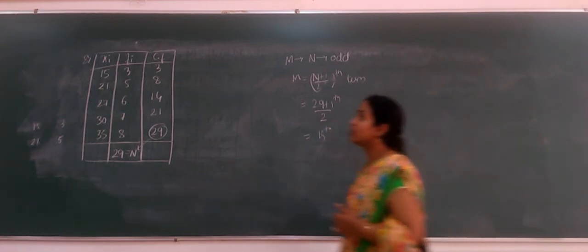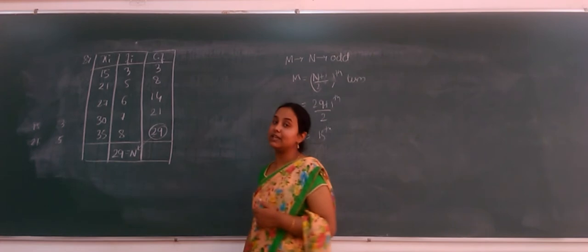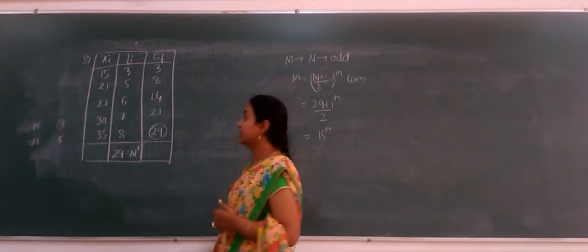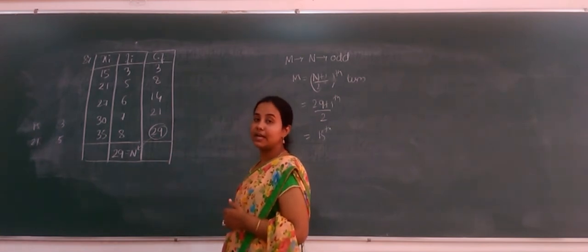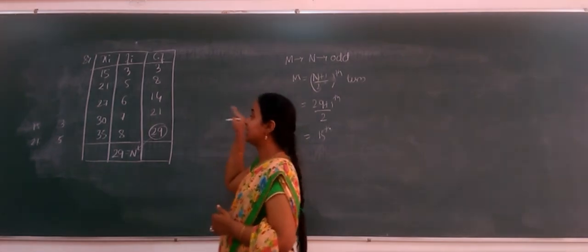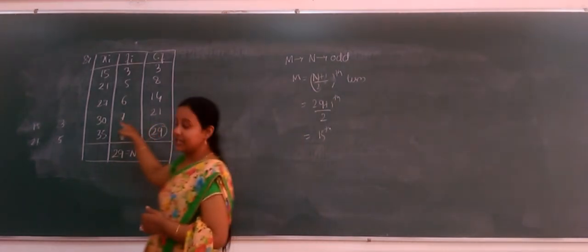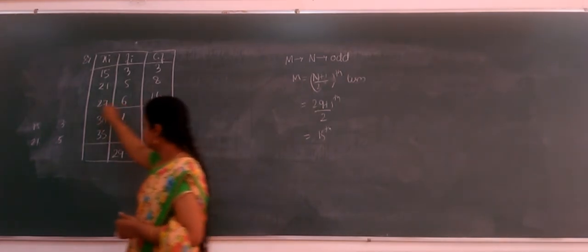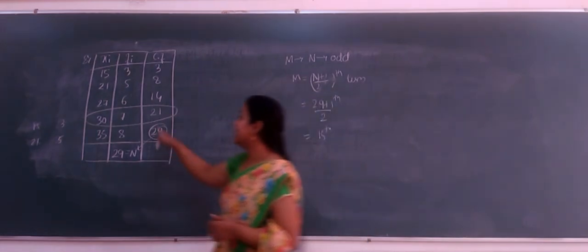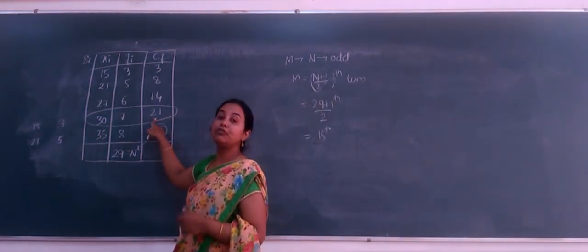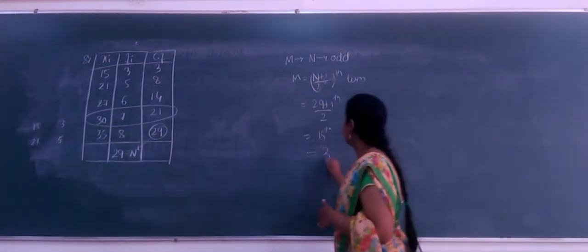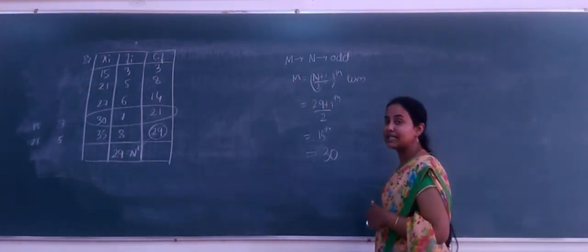15th term we want. So we know that cumulative frequency gives us the notation of where the terms are present. Now for the 15th, we will refer to that cumulative frequency which is greater than or equal to 15. Which one is that? It is this one. That is our 15th term. Where does it lie? It lies here. So the 15th term will be 30. So what is our median? Median is 30.